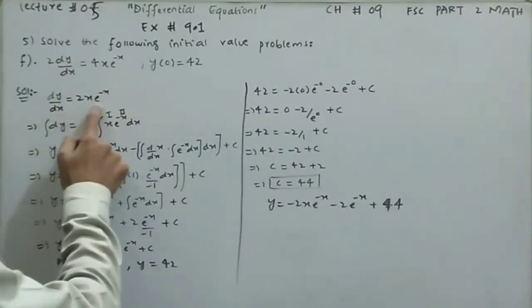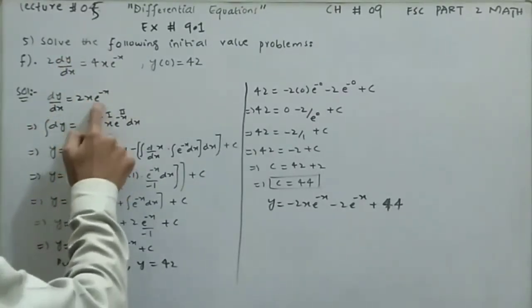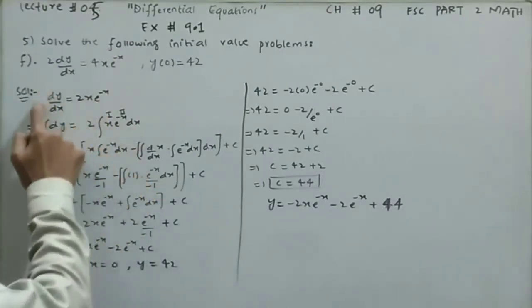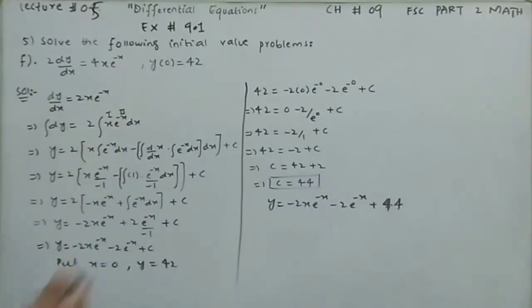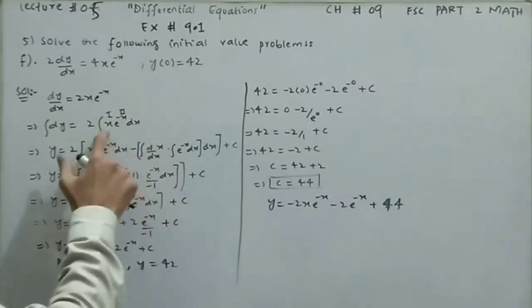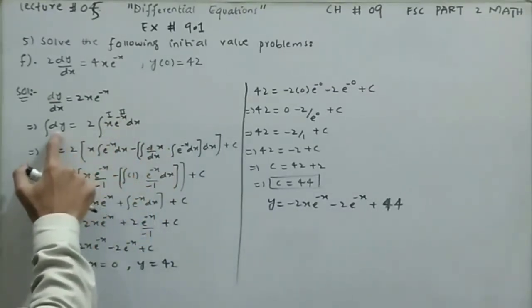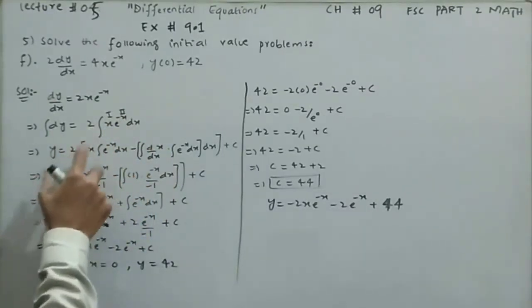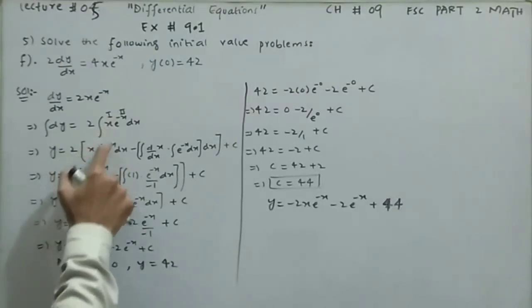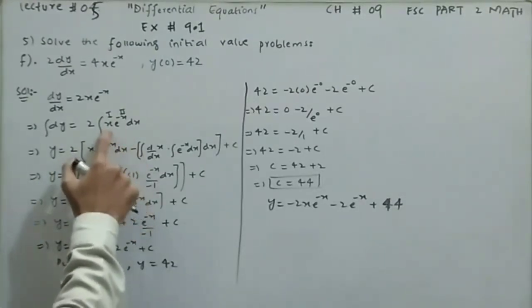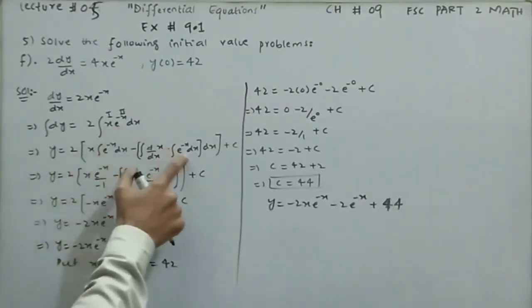Now shift dx to this side, so it becomes 2 times the integral of x e power negative x dx, and over here the integral of dy. Now we have two functions, so we use integration by parts: first function and second function. The integral of dy is y. Over here 2 will be taken out common. So first function times integral of the second, minus the integral of the derivative of the first function times the integral of the second, whole dx,